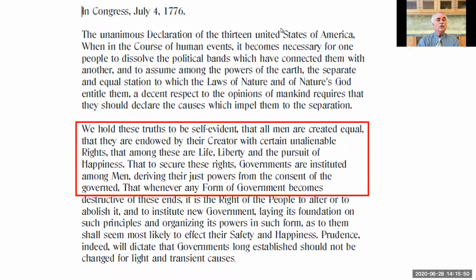We hold these truths, the Declaration states, we hold these truths to be self-evident, that all men are created equal, that they are endowed by their Creator with certain unalienable rights, that among these are life, liberty, and the pursuit of happiness, that to secure these rights, governments are instituted among men, deriving their just powers from the consent of the governed,